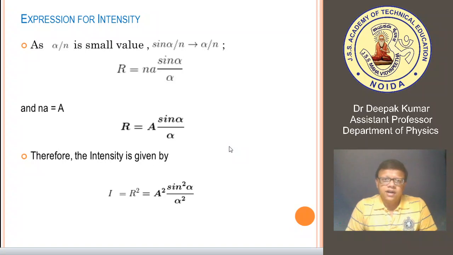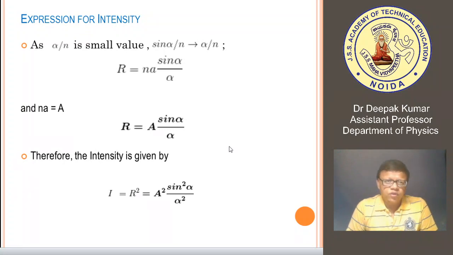So if you place sine alpha by n as alpha by n in the earlier expression, then you will get R is equal to a sine alpha upon alpha by n, and after rearranging this expression you will get a value of R which is n times small a into sine alpha by alpha, where small a is the amplitude of the individual wave, n is the number of particles which are assumed in between point A and B, and alpha is the constant which is pi e sine theta upon lambda. You can still further simplify this expression by taking capital A as the new constant, where the value of capital A is n times small a. So capital R, which is the resultant amplitude at the point P1, is A sine alpha upon alpha.